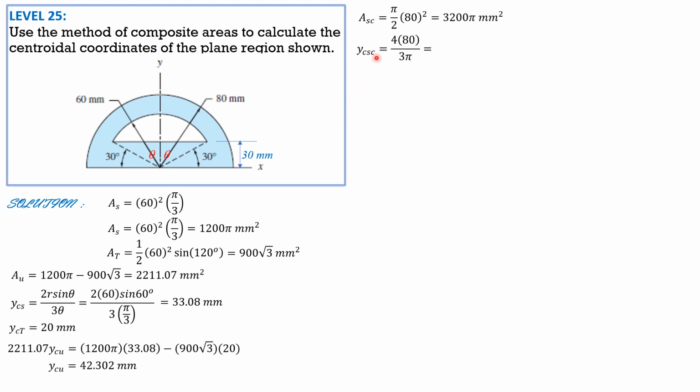The y coordinate 4 times 80 over 3 pi is 320 over 3 pi mm. So by Varignon's theorem, the area net is 3200 pi, area of semicircle, minus area unshaded, 7842.03 mm square. Then by Varignon's theorem, 7842.03 times yg equals 3200 pi times 320 over 3 pi minus